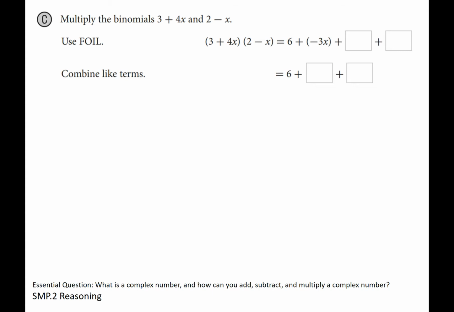On these ones, we're now going to multiply them. We're going to use FOIL. So remember, FOIL is first, outside or outer, inner,